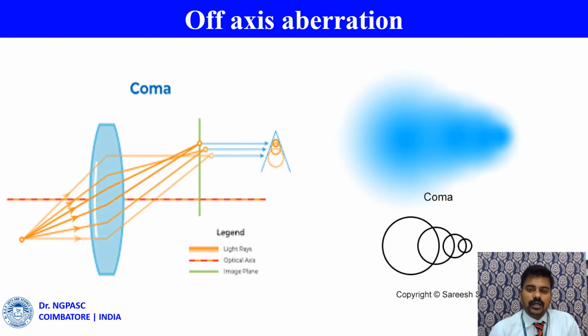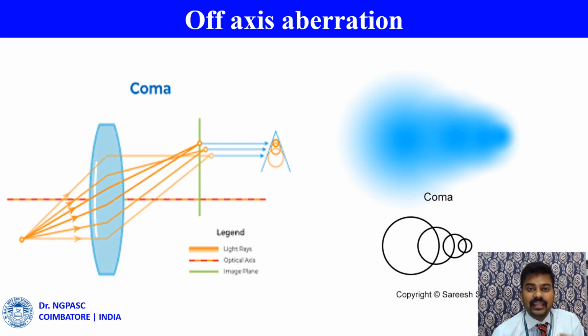Okay, then we move on to the second part, off-axis aberrations. At first, coma aberration belongs to the off-axis type. You know pretty well that its image is found beyond the axis, so it is called off-axis aberration. Here, coma aberration in a lens results in an off-axis point source appearing